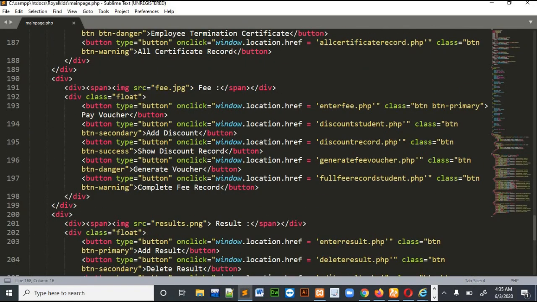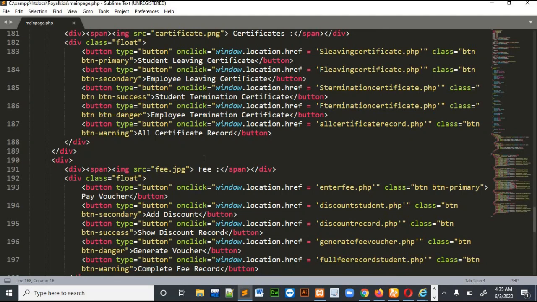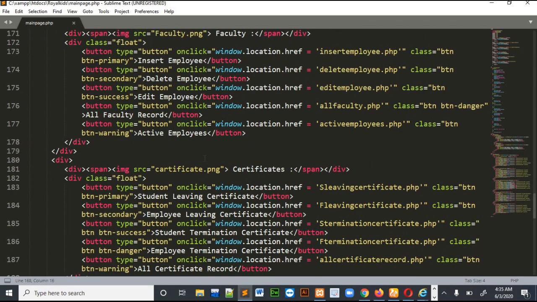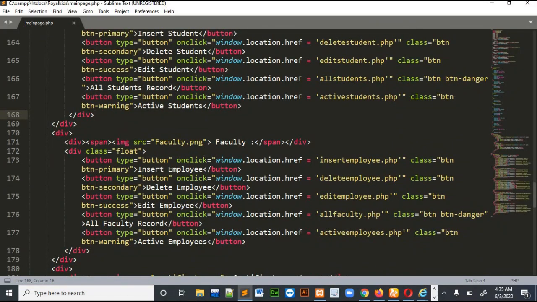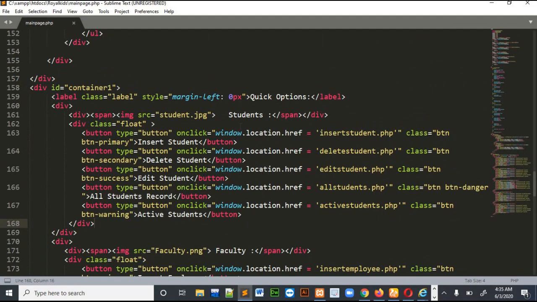For every function I had used different quick links. So I had just entered different URLs in every button section. Giving a link in the button section and sending the user to another page using the button is a bit of a trick. So for that I had used some functions.